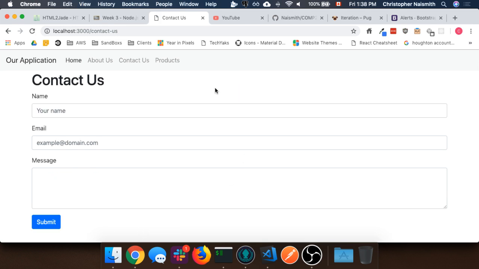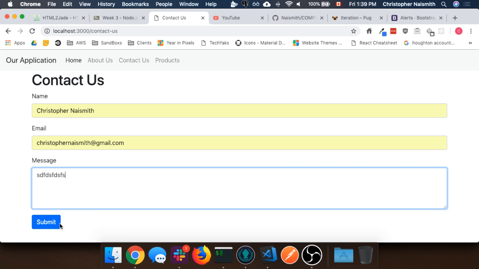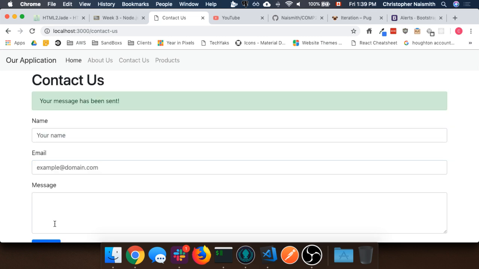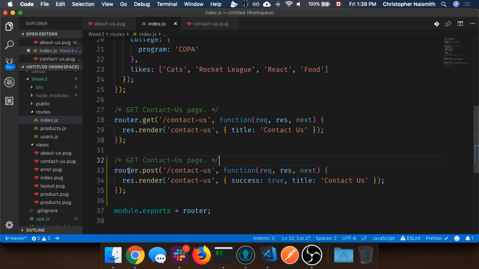So now it's not there. Fill in some content, I hit submit. Now it says your message has been sent. So just to quickly show you, if you missed it, we're using a variable that is called success, which is passed only inside of our post route. Right here you see success is true. If I were to actually pass this as false,